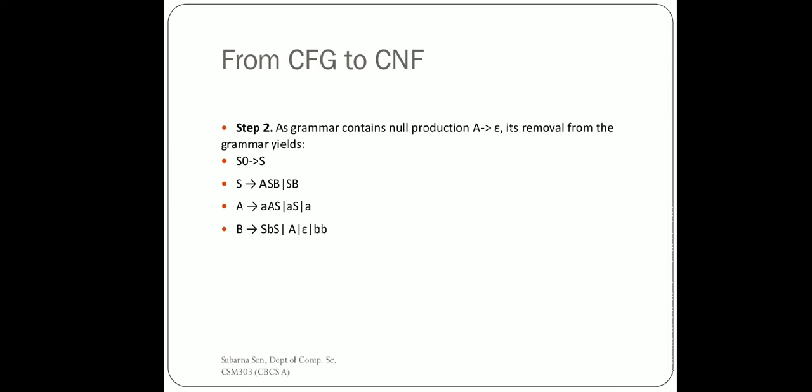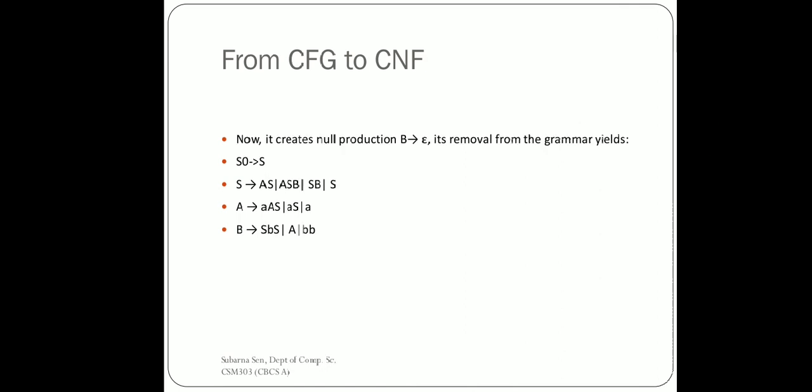So we are deliberately writing this epsilon here, meaning we are introducing one epsilon transition to B, because there is a chance, because previously A had this epsilon transition. So we are writing this epsilon transition along with B, so that later on we can remove this transition from B. So let us follow in the next slide. I think the concept will be clearer.